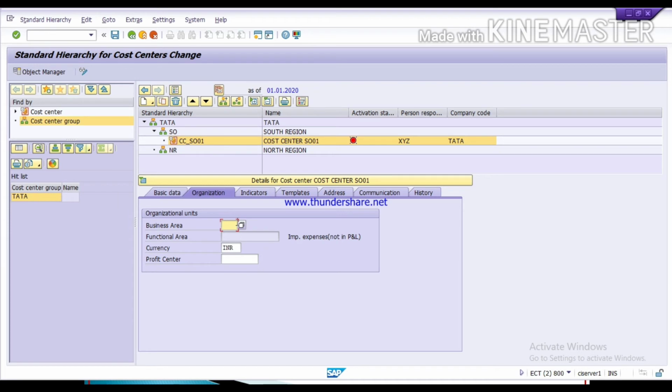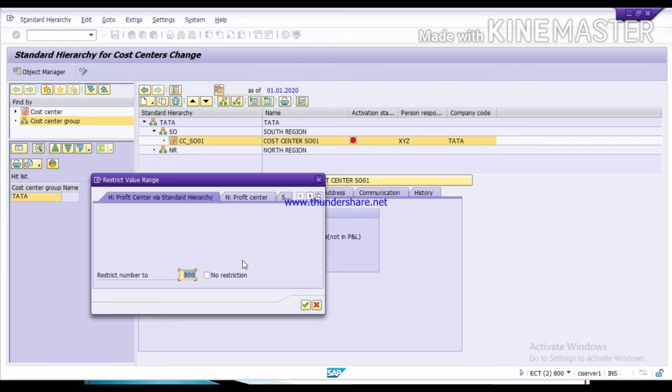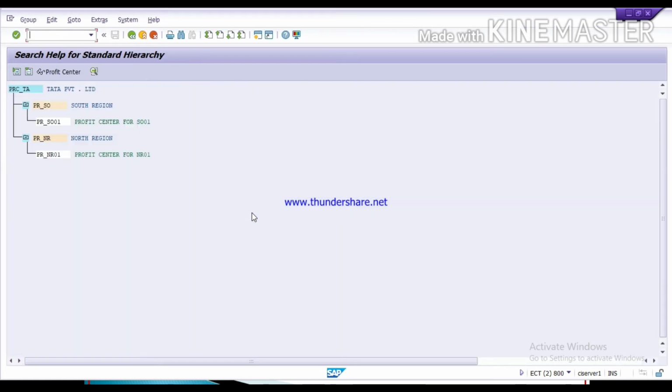Here you can maintain your business area, profit center. So the profit center which we have created, you have to assign here. This is our profit center.